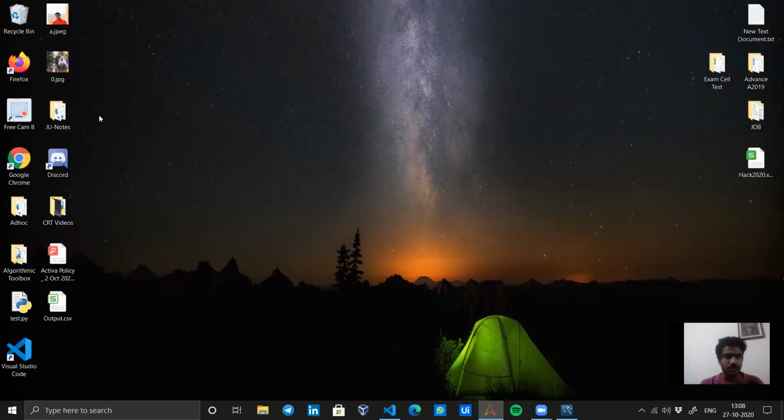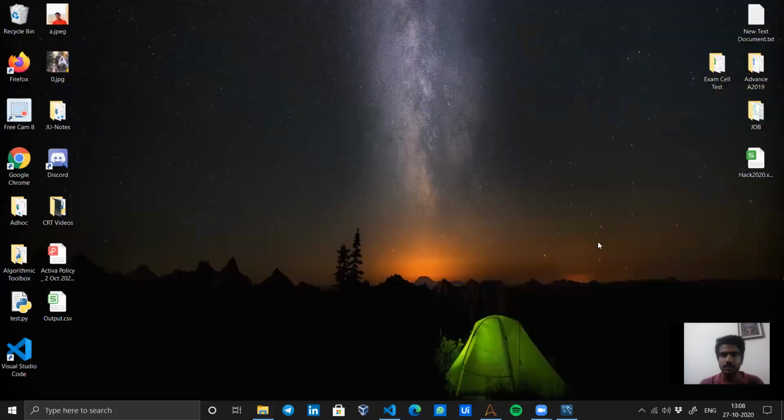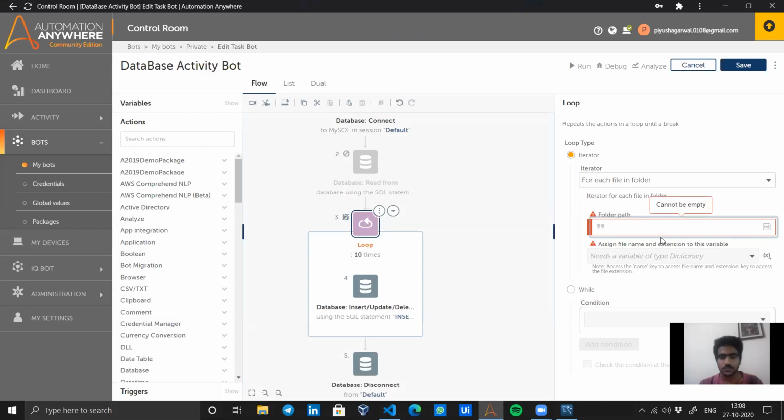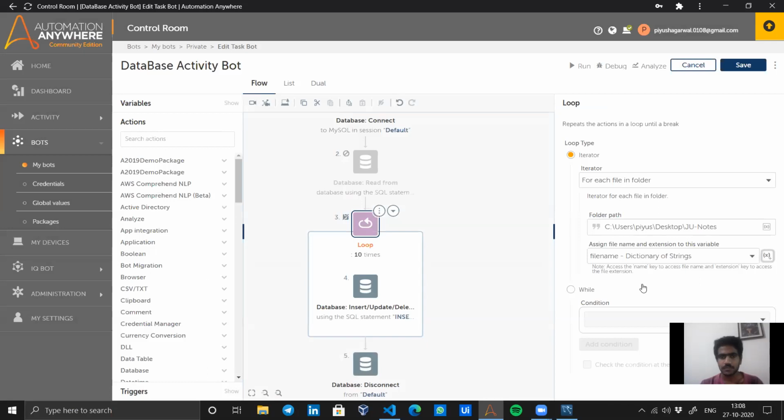So let's give it this one. Okay, for testing purpose I will just give this path and a variable name, file name. Basically I'm going to use these file names as the product name.